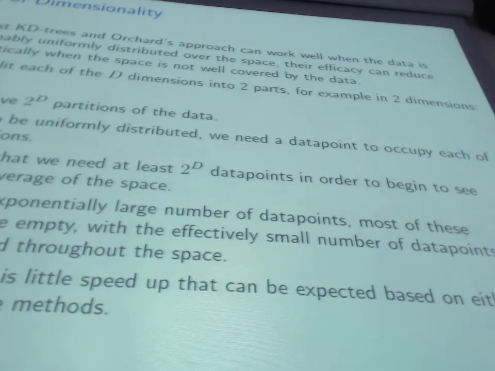But the problem is that all of these methods that we've discussed so far only work in special cases. Namely the case where the data is very dense. So you saw that in the low-dimensional case, 2 dimensions, for example, you could eliminate a large number of the points automatically using the triangle inequality. And similarly, you'll find that using the KD tree in 2 dimensions with many points is efficient. In the worst case, it's bad, but in general, with dense data in low dimensions, it's